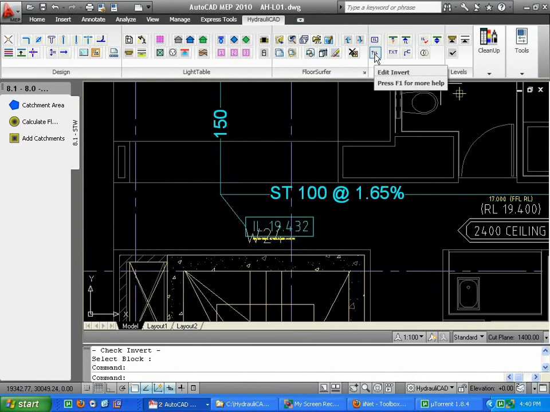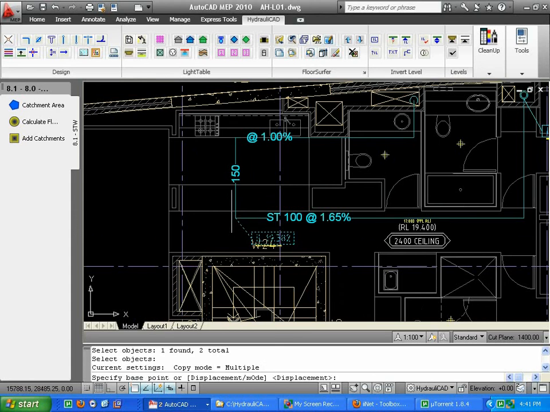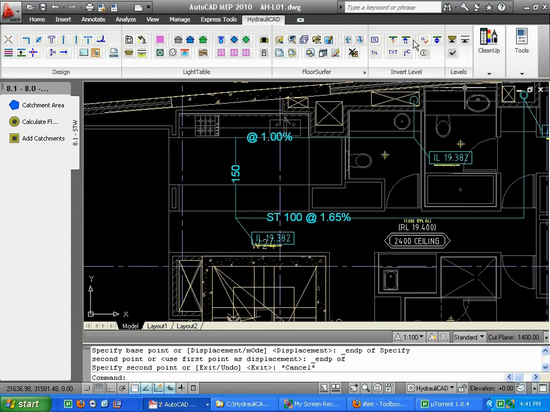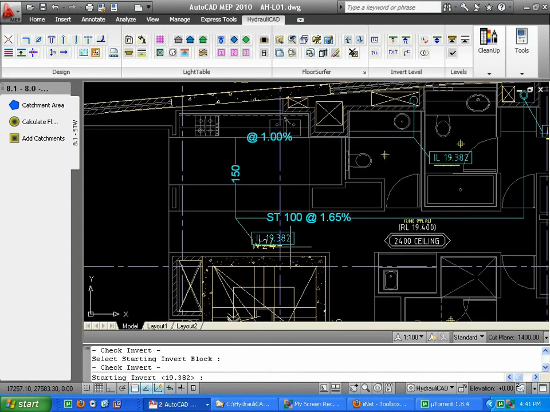So we can say let's edit the invert level, and we're going to say now it wants to be 1% and 150, and it will recalculate those details, and we can then drop it down 50 millimeters to get that drop in the pipe. So now we can copy this over to here, and we can now run this at 1%, 150 pipe, run it down,